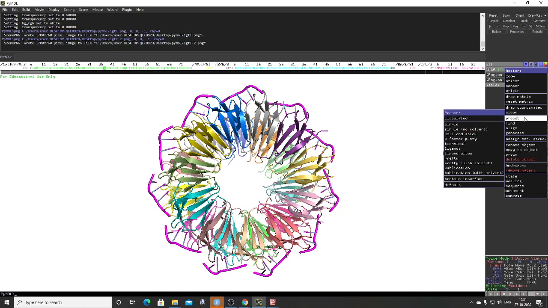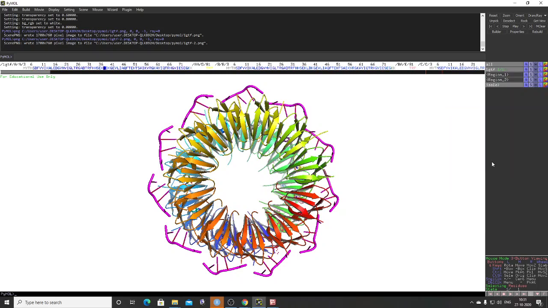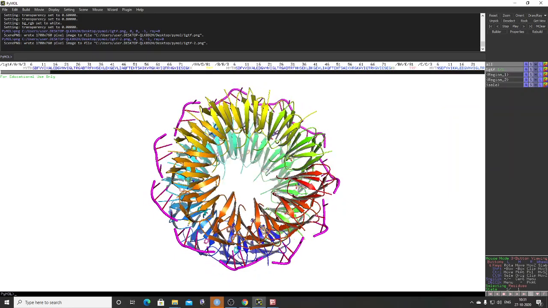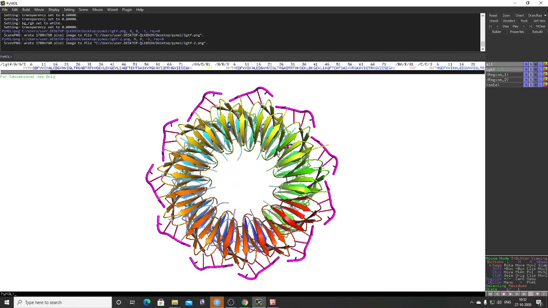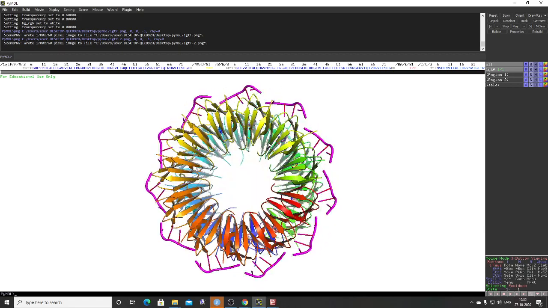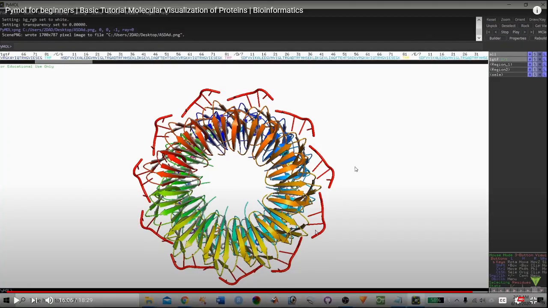Under action we have to go in the preset, and in the preset you can choose publication. So this is a secondary structure file in high resolution. All chains are in high resolution for publication purposes.